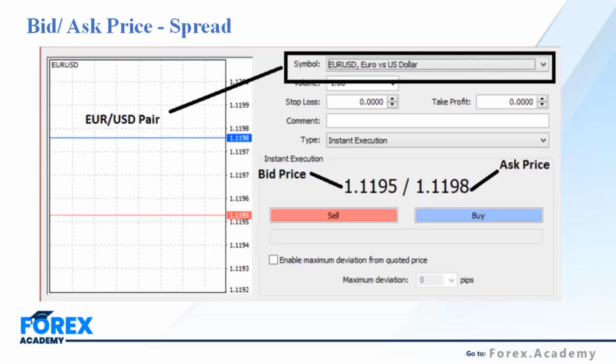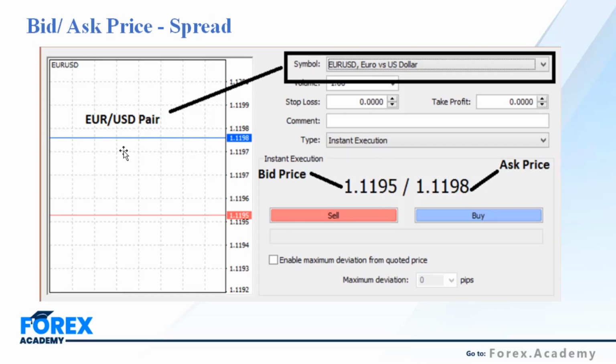So here you can see a screenshot from the MT4. By the way, guys, we are also going to have a video on the MT4. In the next upcoming videos, you will be seeing an introduction to the MT4 and all the features that you can use, and how to use them in your best interest. So this is a screenshot from your MT4.